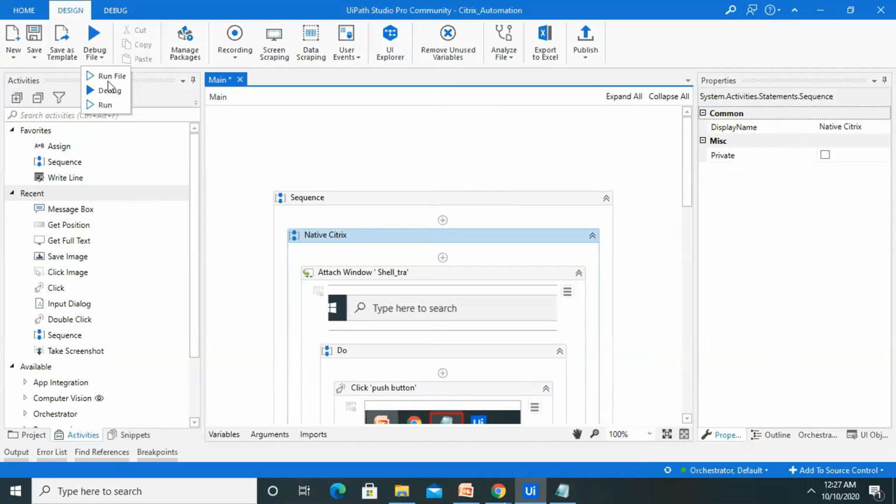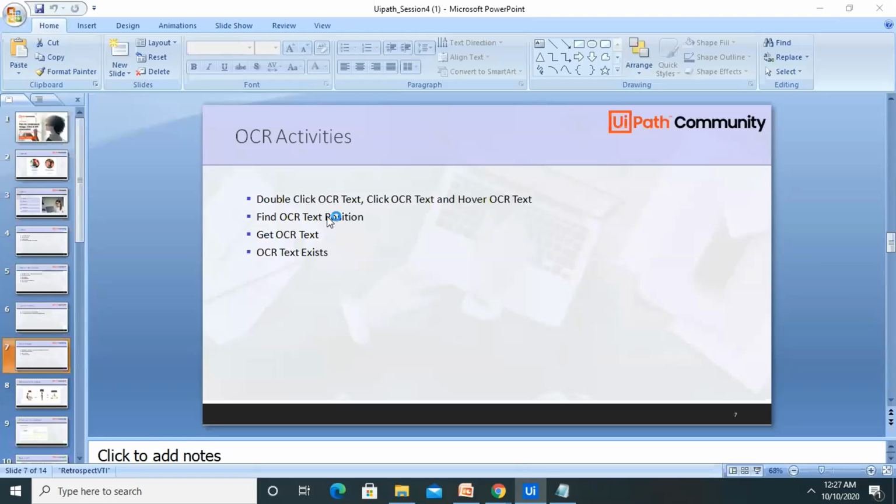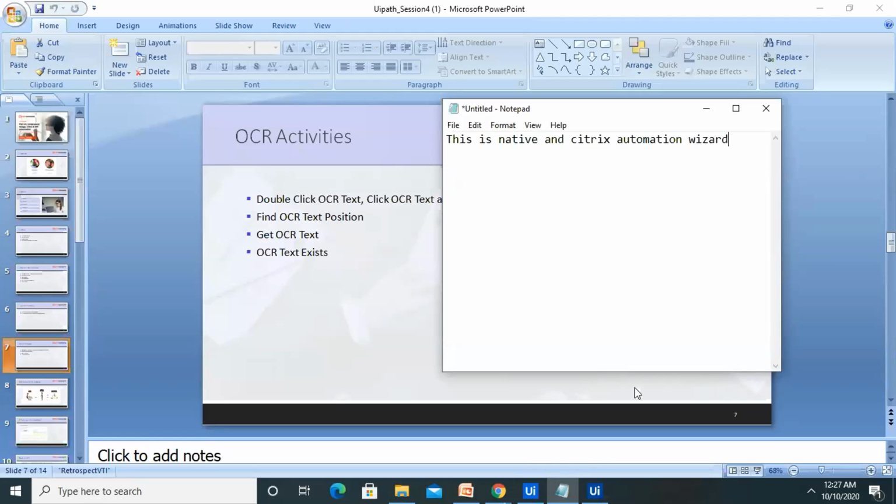Let's run. Now you can see it automatically opened the notepad file and wrote the text. Then it will close this without saving this notepad.